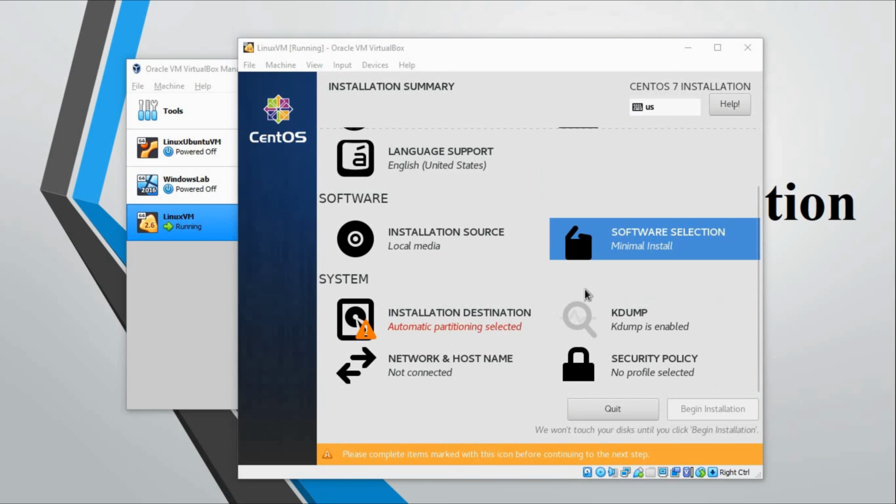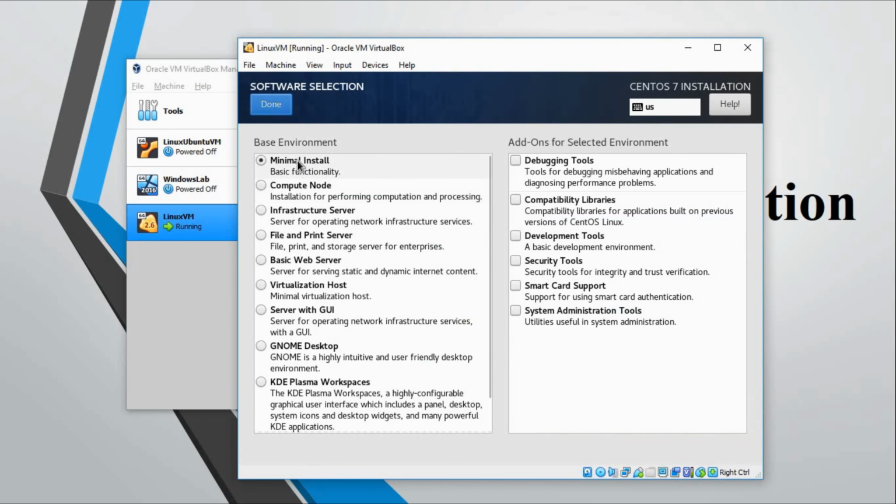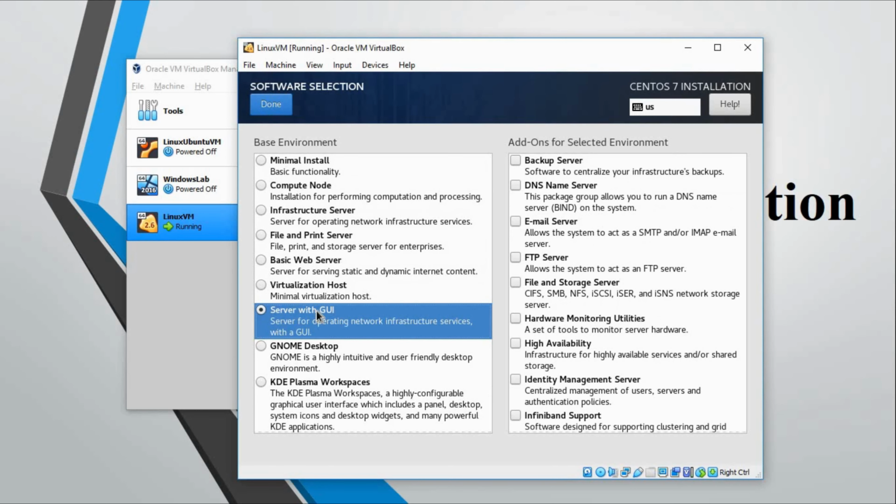Next one is software selection. By default it is minimal installation, so when you pick minimal installation it will not install the GUI, it will install only the command line in the operating system. But for this lab I am going to click on Server with GUI. This way you have the server with graphical user interface, and you can see certain things that you can add or remove using the GUI.